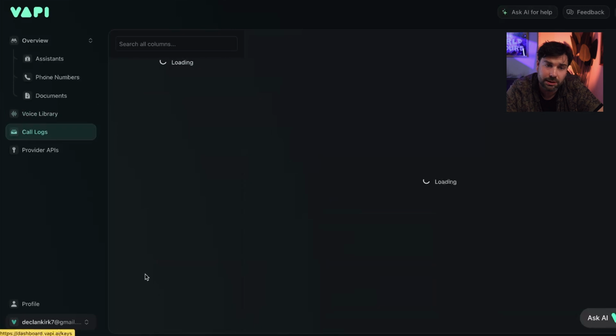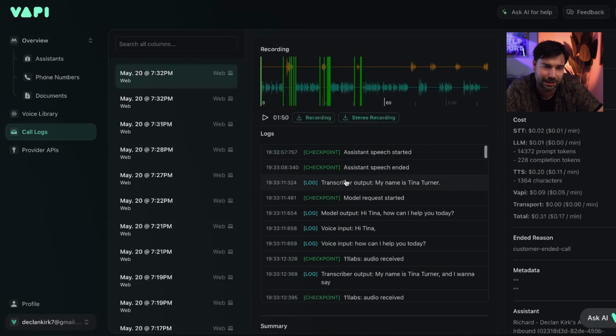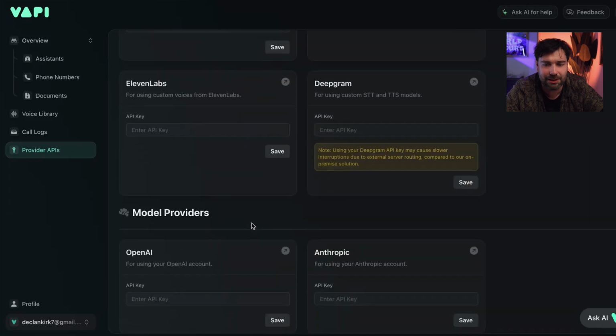Then we've got our call logs. So when you actually start getting inbound calls, you get a nice kind of summary. It tells you how much they cost. You get an idea, and you can see something like this one here is the demo that we ran through earlier. You've got lots of different options and things available to you there. And then, of course, you've got your provider API. So this is if you want to start connecting. Thinking back to that diagram with Vapi and then connecting it to Make, the automation platform, it's in this area here in the API section that we do that, but we'll come back to that a little bit later.